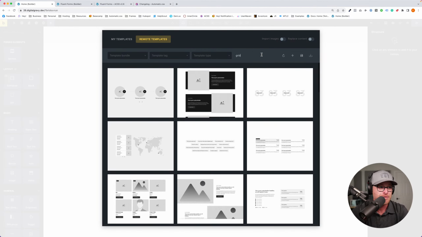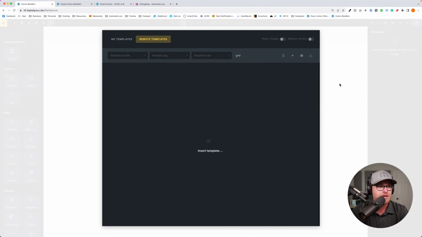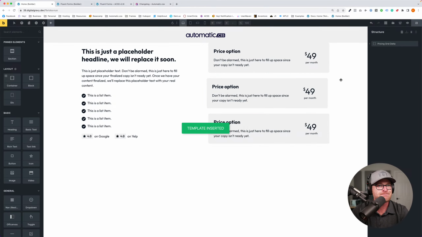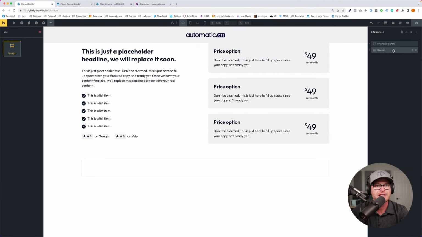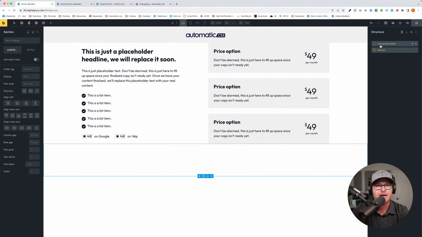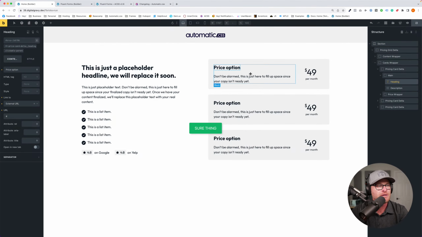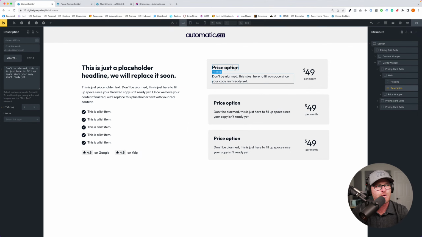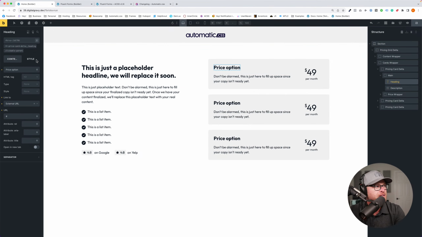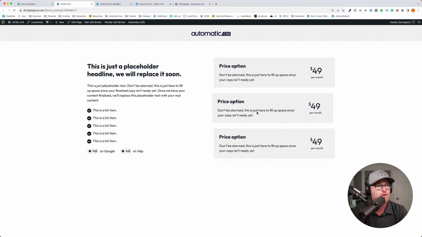Grid 3, grid pricing delta. Okay. I just added the grid by itself, so it has no padding in there. Let's just drop that into a section. Bam, bam, bam. Okay. So you wanted clickable. Oh, this doesn't have an image in it, but I can still do it with this, and we'll see the same effect. So this actually already has the clickable parent technique on it. So let's view on the front end, and let's see if we're good.